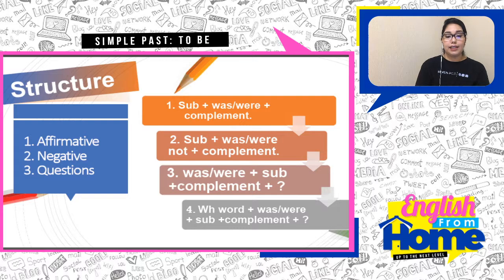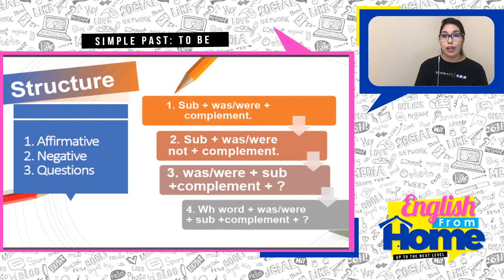So the structures go like this. We have the structure for the affirmative, the negative, and the questions. So number one, for the affirmative sentences, we must use the subject plus was or were, depending on the person, and the complement, like the first example. She was a teacher, okay? For the negative, we have to use the subject plus was or were and not, plus the complement. For example, she wasn't a teacher or she was not a teacher. And number three,